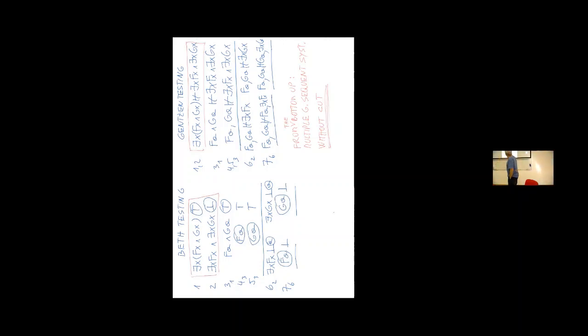And what is interesting is that you immediately realize that cut is not needed, because there is no cut in Beth Tableaux. So the Gentzen system without cut is equivalent to the Gentzen system with cut. And that was realized, I would say, almost immediately after the introduction of Beth Tableaux, but it's the first time I've seen it